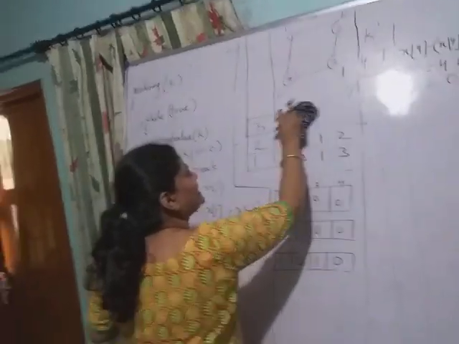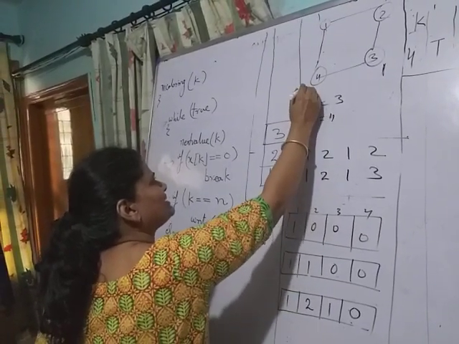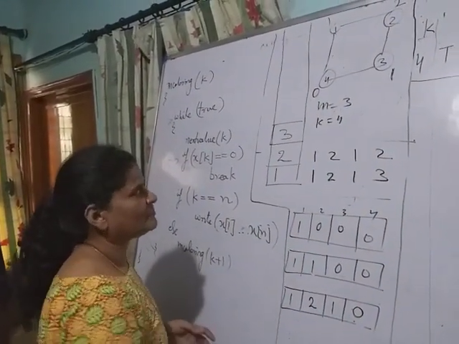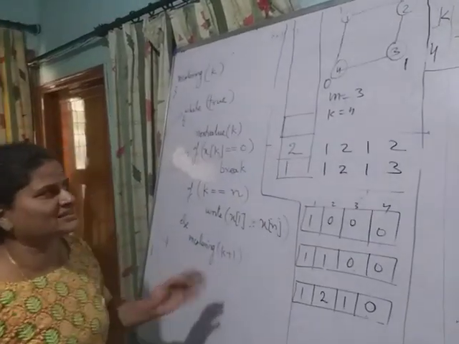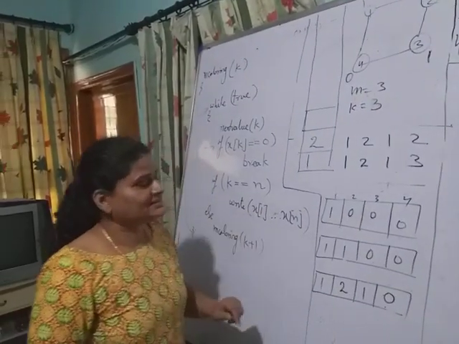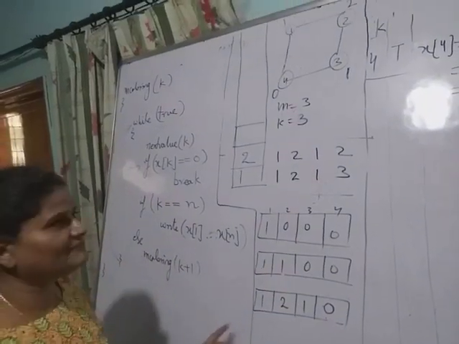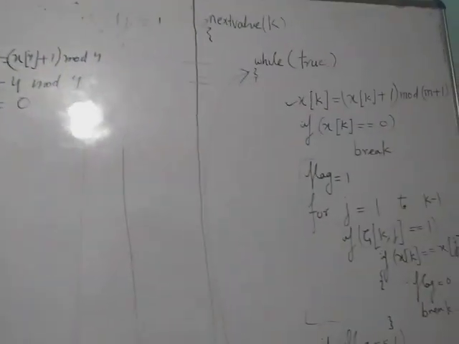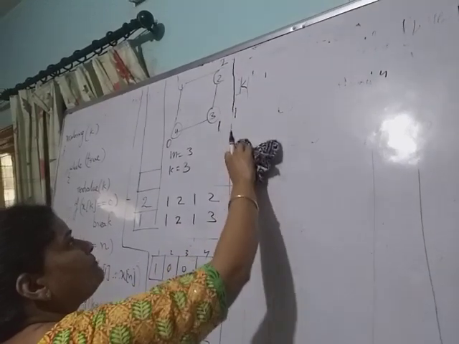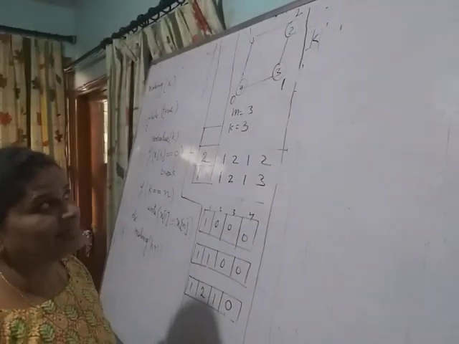So here the k is what? m equal to 3 and k equal to 4. Now at this time the situation is 1, 2, 1 and 0. This is the solution vector. And the topmost value popped from the stack is k equal to 3. Just see, for 3 only one color has been tried, that is 1. Again the function next value is called for 3. So in this way it will generate all possible colors for all the vertices and in this way generate